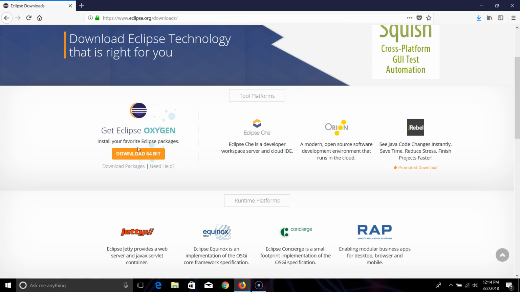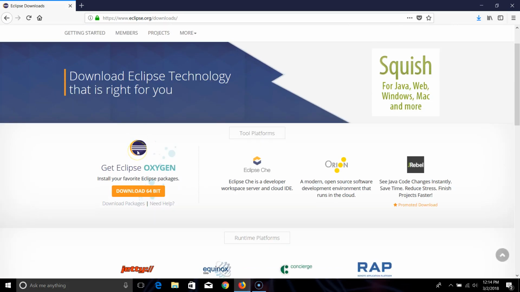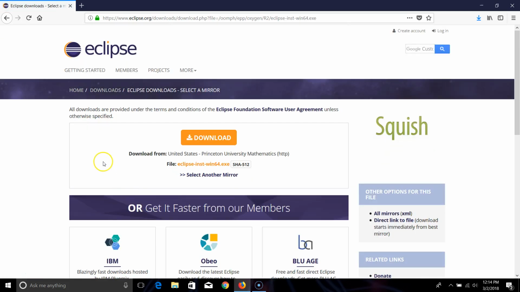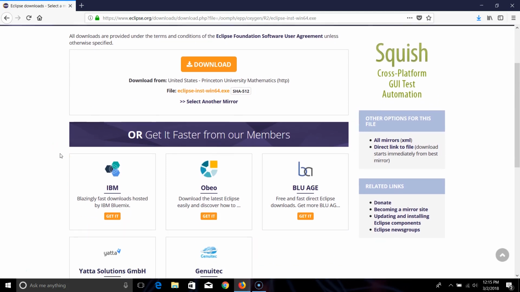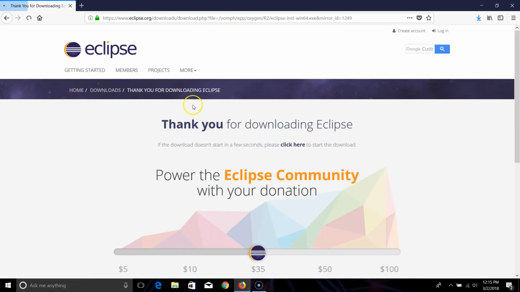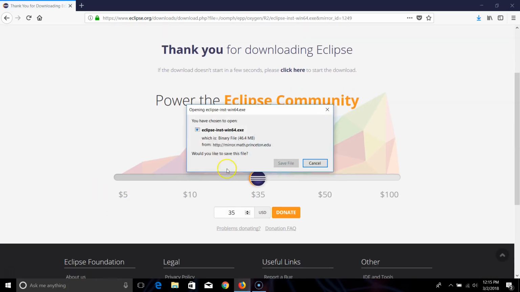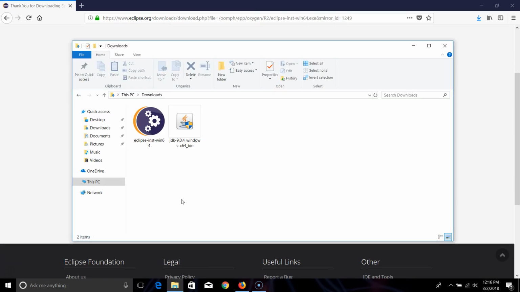Now, the website changes a lot for Eclipse because they're constantly updating their products and offerings, so it might be a little bit more difficult than this to find. However, just make sure you're picking the correct one for your particular needs, and then you click download and we'll wait for that to download. I'll pause my video real quick. Alright, now that I have this downloaded, I'm back in my downloads folder and I'm going to go ahead and